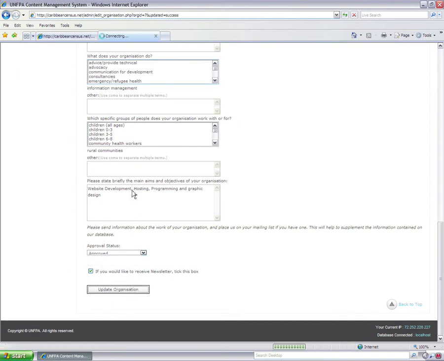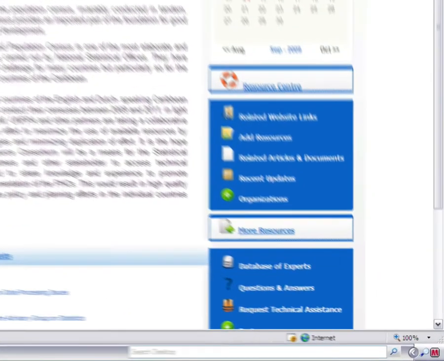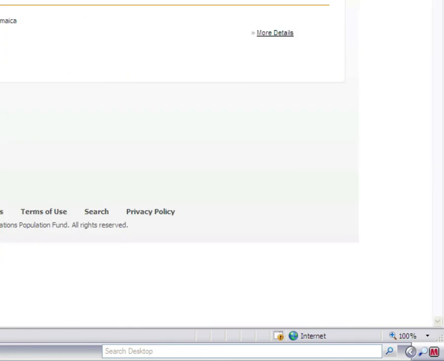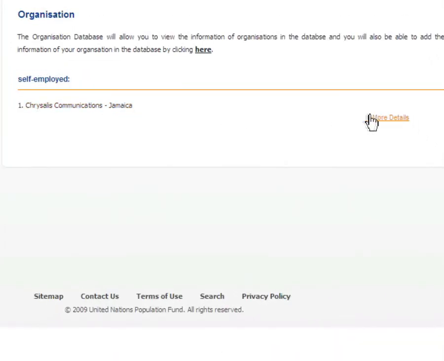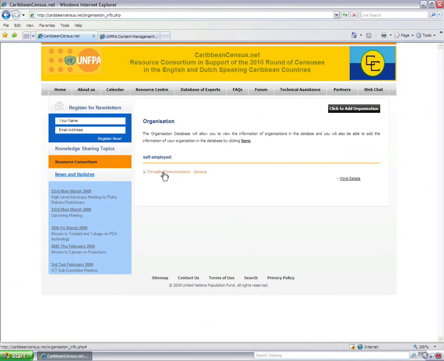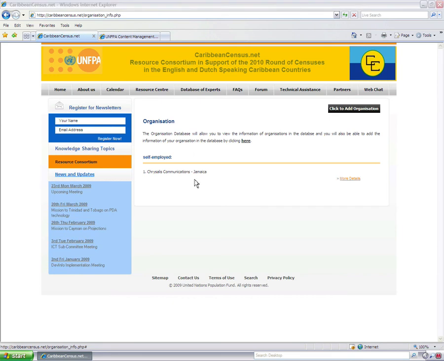Click Update. I'll go back to the home page of the Caribbean Census site. Go back to organizations, and you'll see now that Chrysalis Communications is listed. As a user, it's under the category self-employed, so everything that I've filled in is here. If I click either the company name and the country comes up, or more details, you'll see that I get a pop-up window